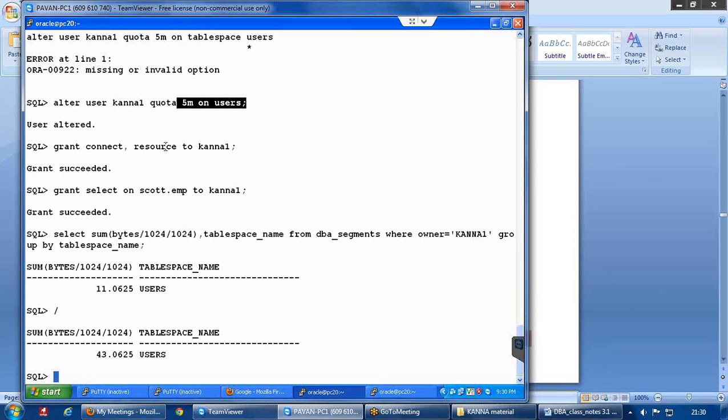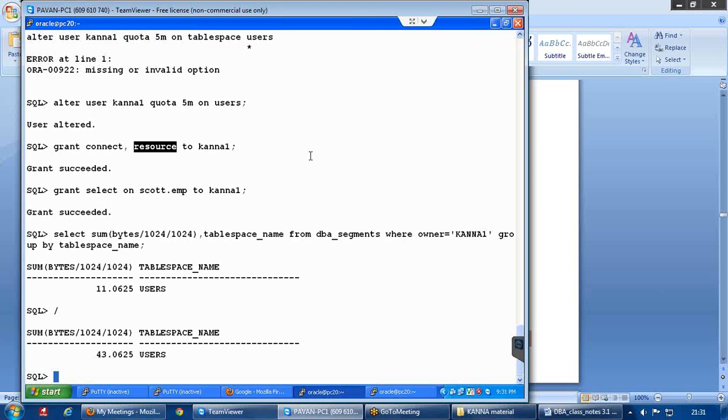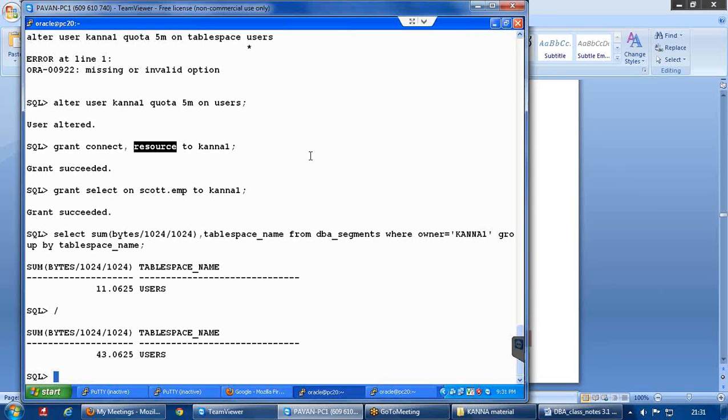It is because of this particular dangerous privilege. The resource role internally contains the unlimited tablespace privilege, and because of that you will land up in these kinds of situations. That is the reason it is not recommended to use this resource role. Is that clear, Sanjay?